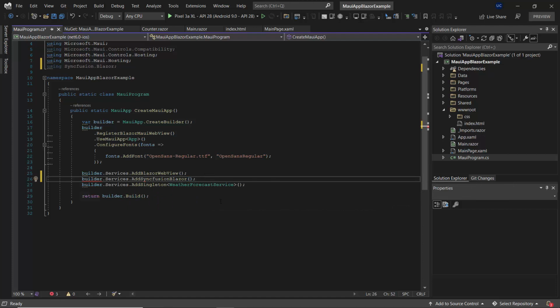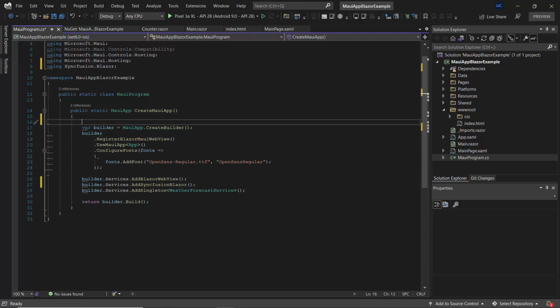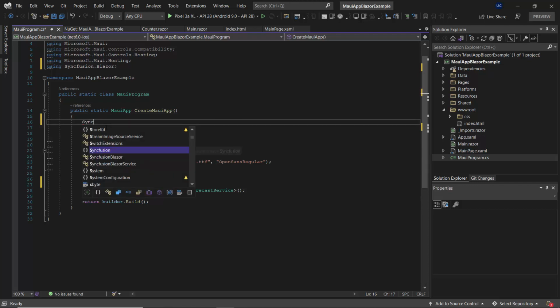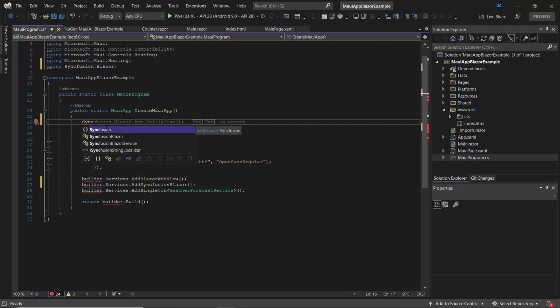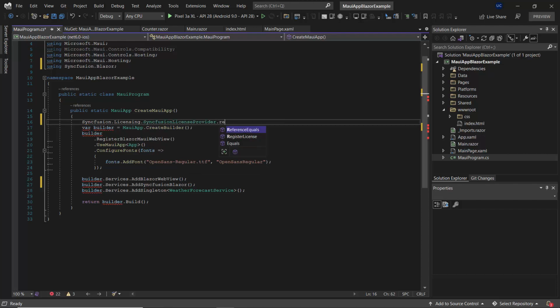And to start using SyncFusion Blazor components, you also need to register the license key. You need to register the license here inside this particular method. So for that, you need to make use of this particular line of code, syncfusion dot licensing dot syncfusion license provider dot register license method, and inside this register license method you need to provide your license key.